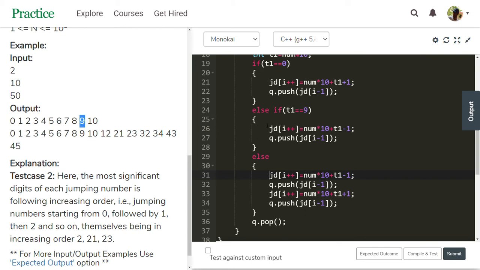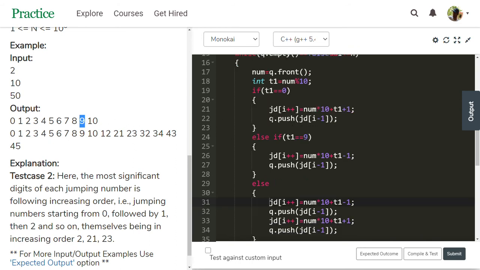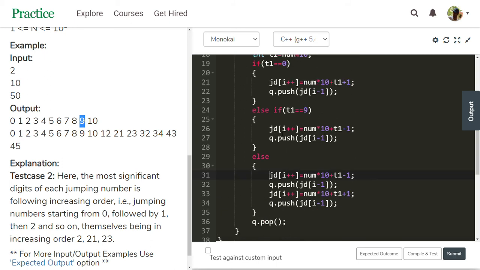Same way, take this 9. What happens when the q front value is 9? Num, t1 equal to num percent 10 is 9. Then t1 equal to 9. In this case, 9 into 10 is 90 plus 9 is 99, minus 1 is 98. 98 is a jumping number.